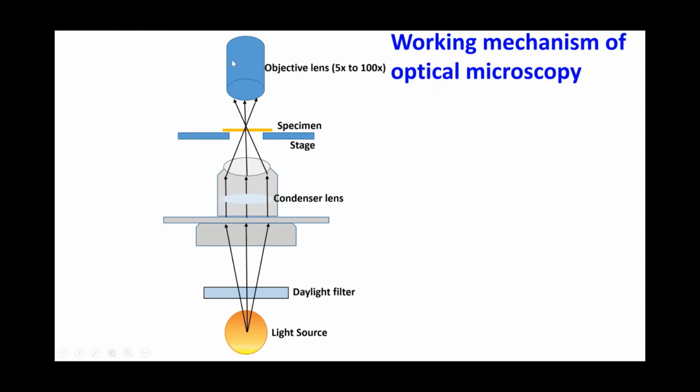So the magnified image can be seen by looking into the eyepiece lens, which is located in the microscope. Now we will move towards the demonstration video, and we'll look at the samples under these two modes of illumination, and see how these different modes provide information as per the required experiment.